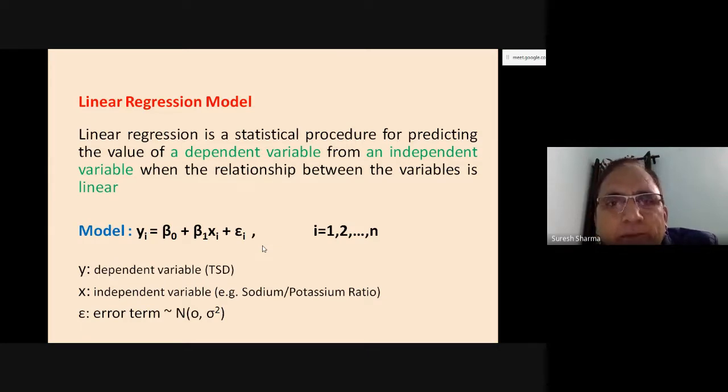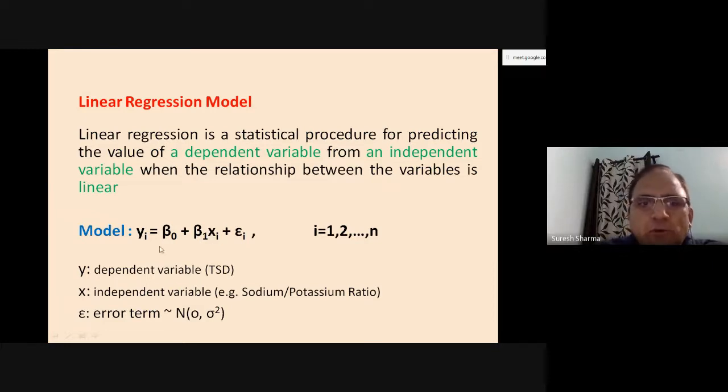So our aim is to minimize this error. In mathematics or statistics, there is a principle called the principle of least squares. That's a mathematical method. We minimize the error sum of squares. And while minimizing the error sum of squares, your beta naught gets estimated from the data. Beta 1 also gets estimated from the data. Epsilon will approach 0 because you are minimizing this. And you will get a model like this, that y is equal to some value plus some value into x.